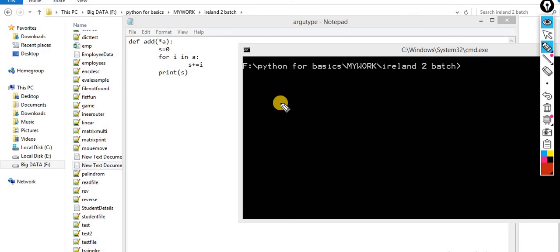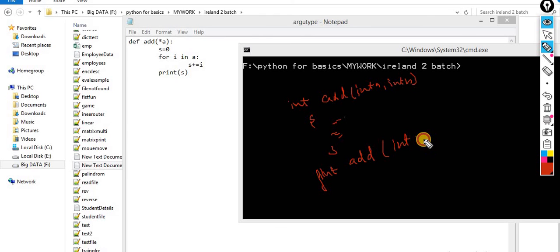Okay, so no, I am not using this, I am using the concept of C++. Okay, int add of int a, int b, and this is one function. And again the same function, might be the return type can be different or the same, that doesn't matter, add of int a, int b, int c, this is your second function.